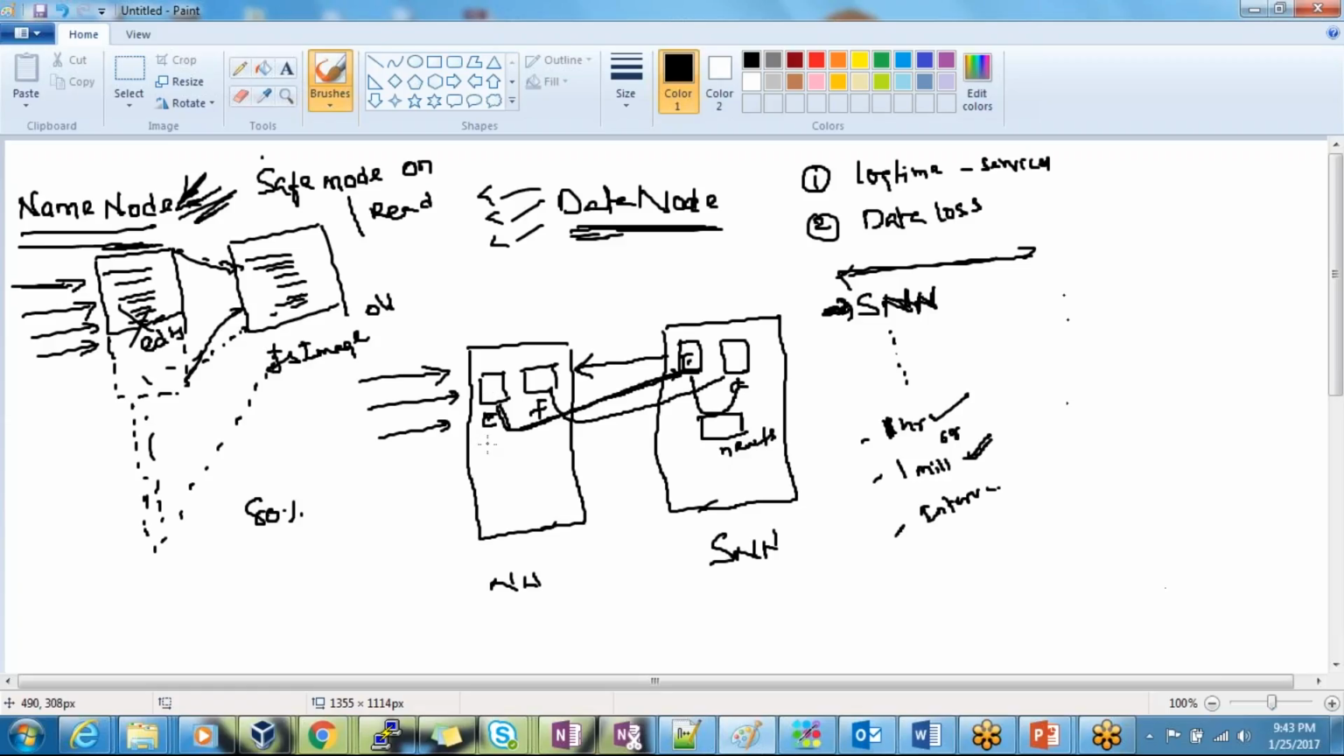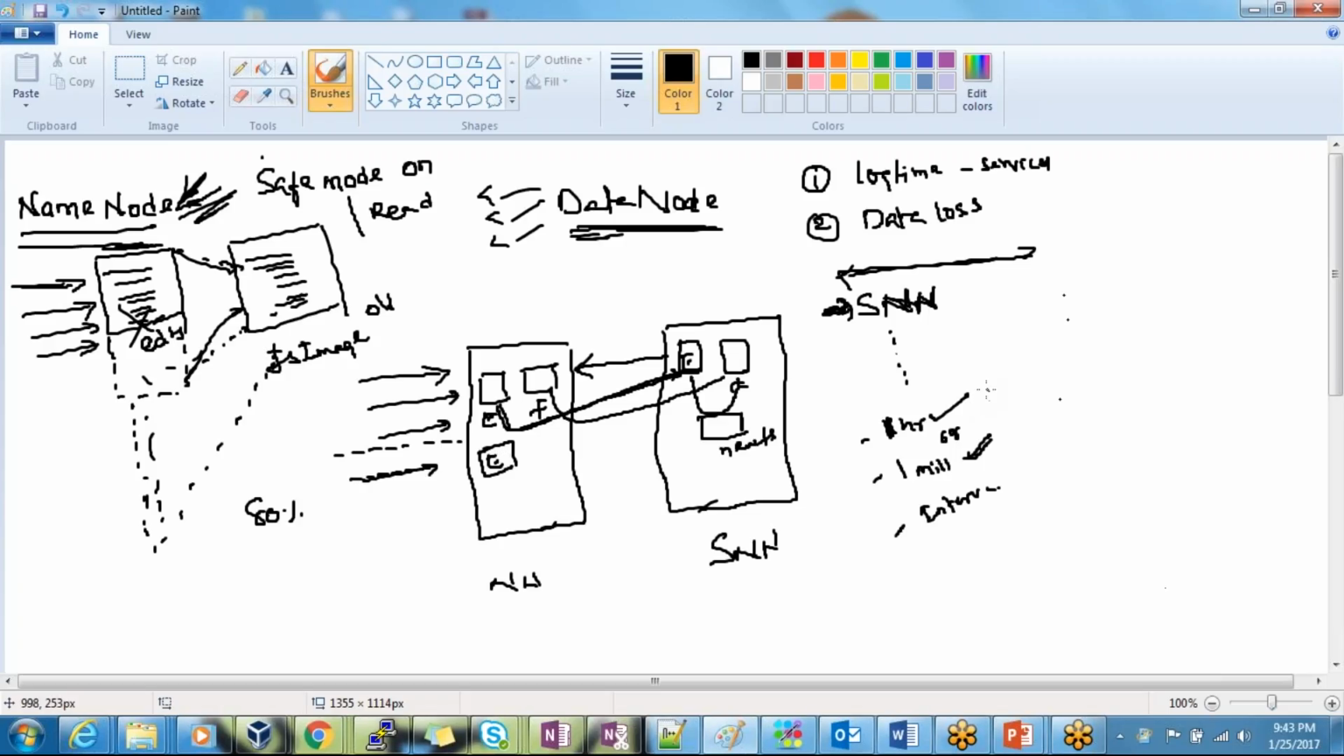So this edit file will not be used for new transactions. Let's say transactions have happened till here. Now the transactions are started again. For these transactions, your name node will create a new fsimage file. Sorry, edit log file. It will create a new edit log file. And whenever it meets either of these conditions, again the secondary name node will talk to the name node, and it will